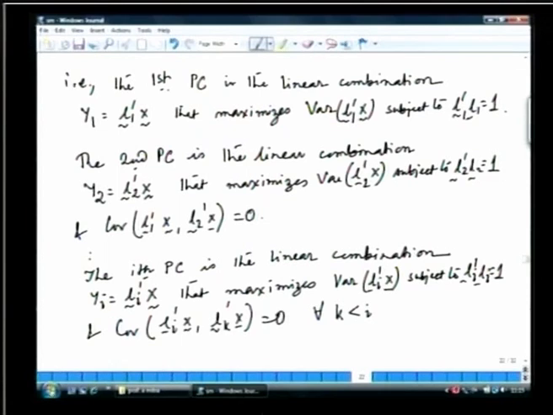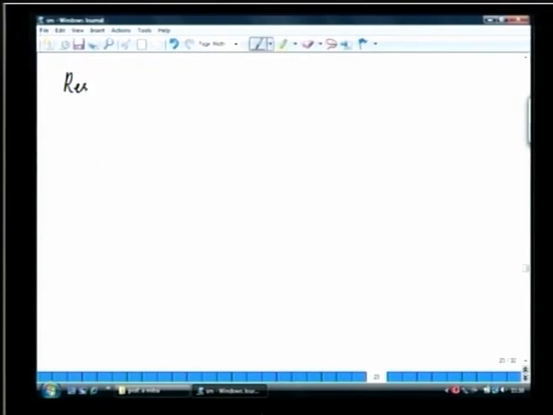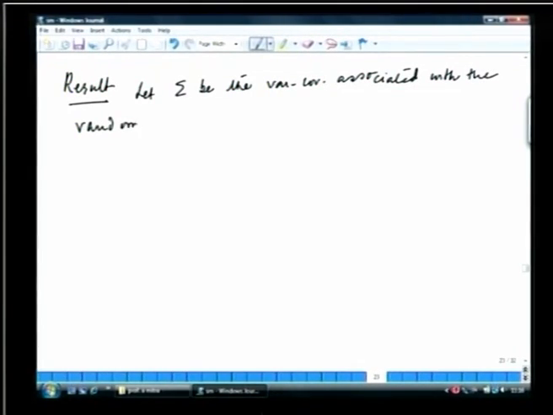Let us see that the principal components we are describing can in fact satisfy all the properties. So, the first result is, let sigma be the covariance matrix, the variance covariance or the dispersion matrix associated with the random vector x. The whole exercise will be done through the eigenvalues and eigenvectors of this sigma matrix. Okay, so, with the random vector x,